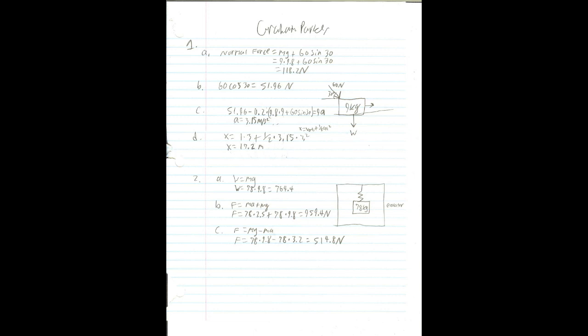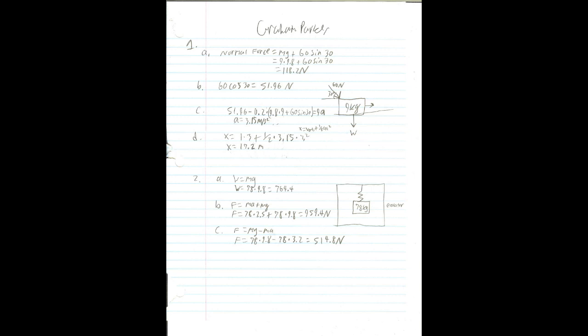All right, number 2 says, an experimental elevator has been outfitted with a spring scale to ensure that the elevator will not cause problems when it accelerates. The mass of 78 kilograms is placed on the scale, and it asks, what will the scale read when the elevator is standing still? So to find this, what I did was just find the weight, which is mass times gravity, and you get